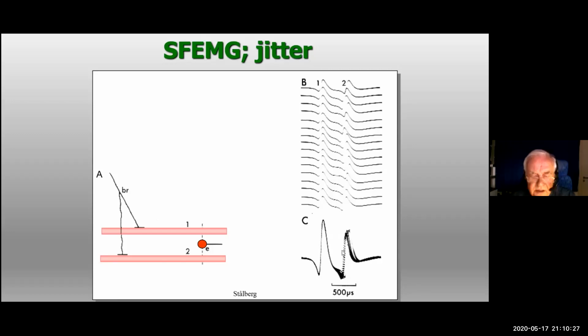And that is a problem that occurs in the neuromuscular junction. This is not absolutely constant, but it varies a little from one discharge to the other. And that is of the order of 20, 30 microseconds. And that variability, which is happening in the synaptic gap, is called the jitter,